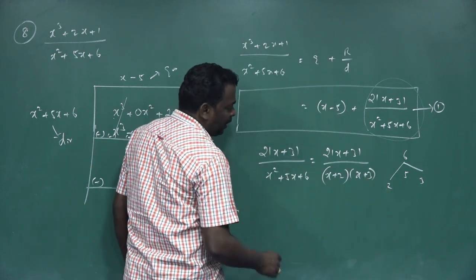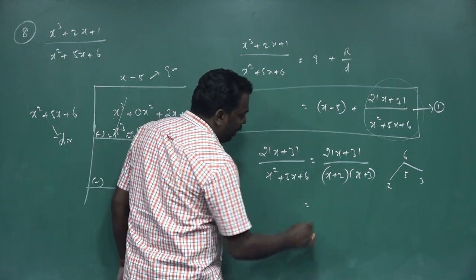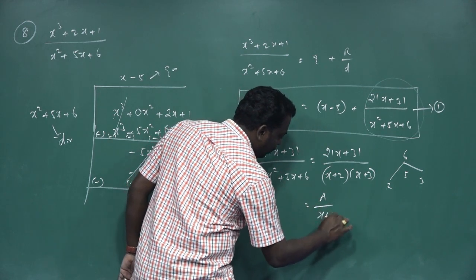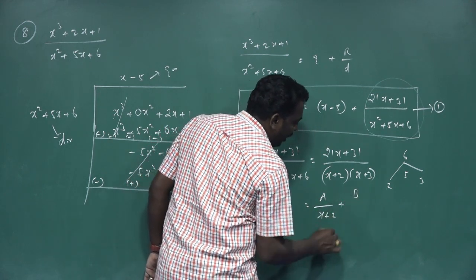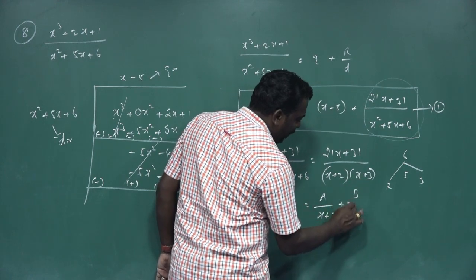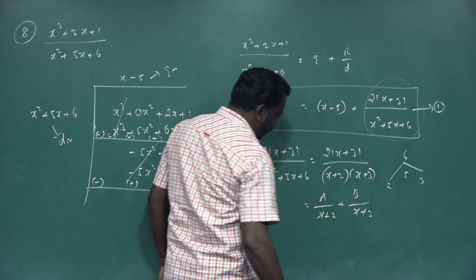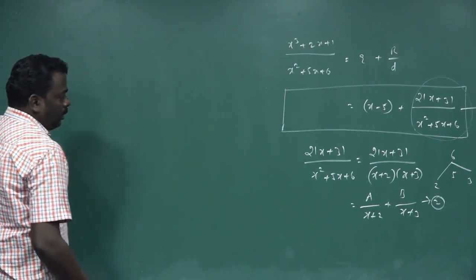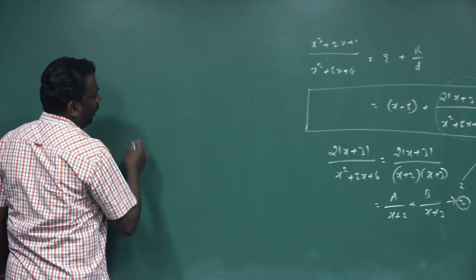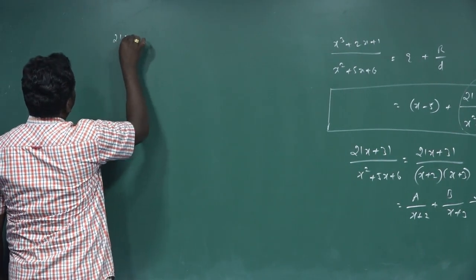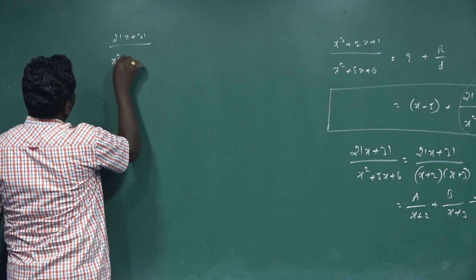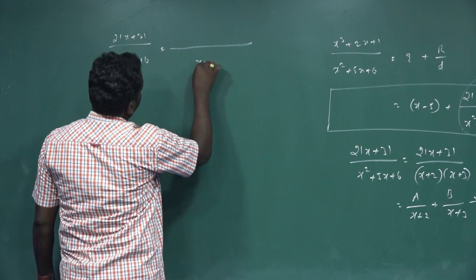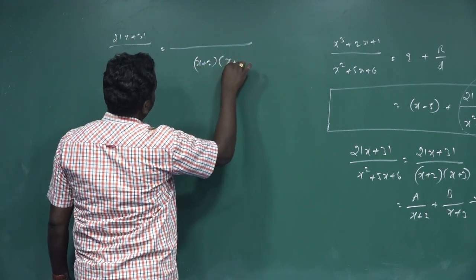Now by applying partial fractions to decompose the denominator, the first factor is x + 2, and the numerator is A, so A by (x + 2). The second denominator is x + 3, and the corresponding numerator is B, so B by (x + 3). Call this equation 2. Now take the common denominator: (21x + 31) / (x^2 + 5x + 6) equals, taking the common denominator (x + 2)(x + 3),